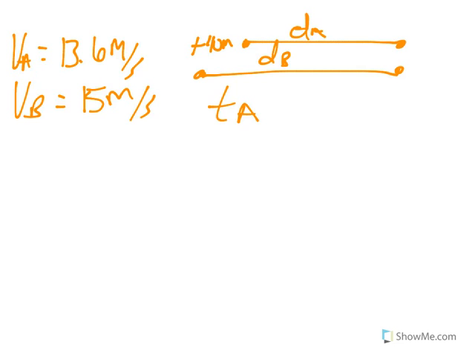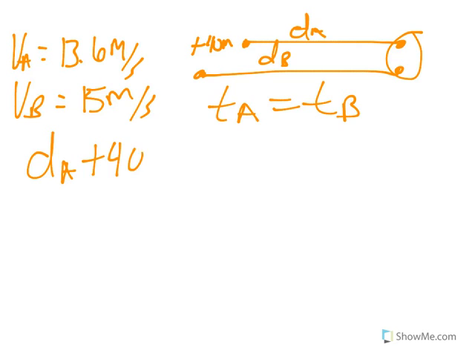So the time it took for B to pass A will be the time it took them to arrive at the same spot right here. So that's what we're looking for. And what that means is that time for A and time for B will have to have the same value. We will also know that the distance for A plus 40 meters will be equal to the distance for B. And that will help us out because we can use this formula,